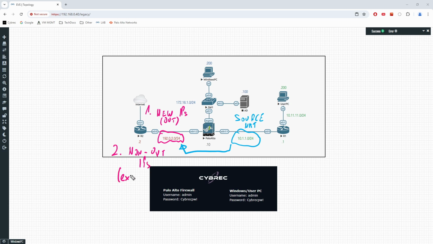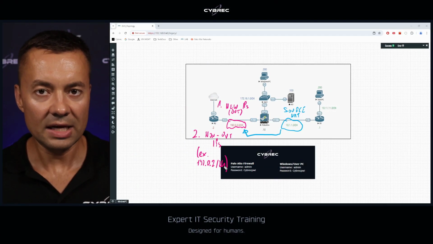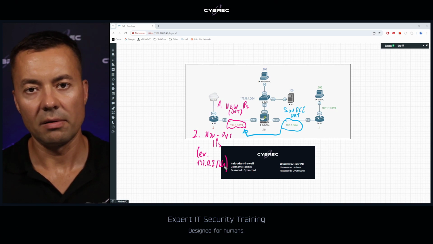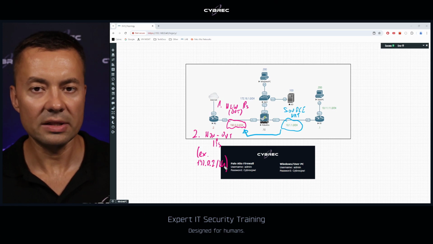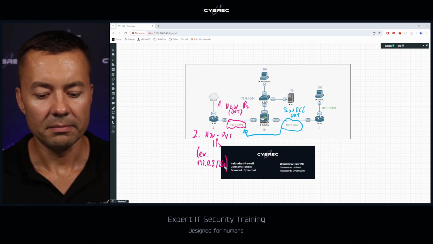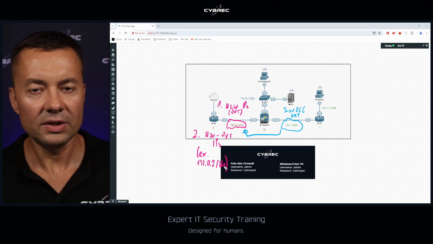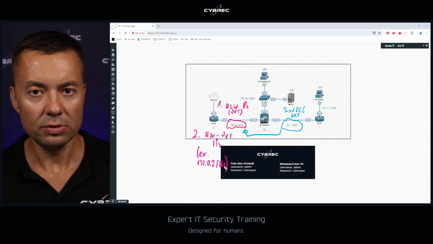So in this case, I would say excluding 192.0.2/24, something else. And this makes a difference because if you decide to build a pool using the subnet allocated to the outside interface of the firewall, outside zone in this case, something that the router to the upstream device immediately knows how to reach,